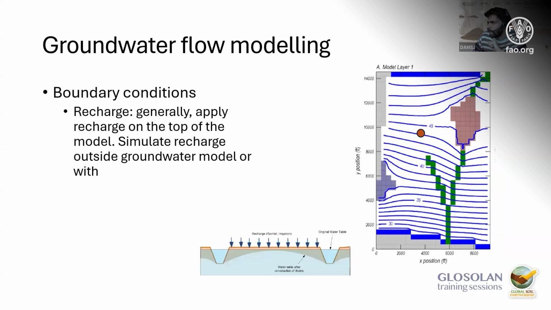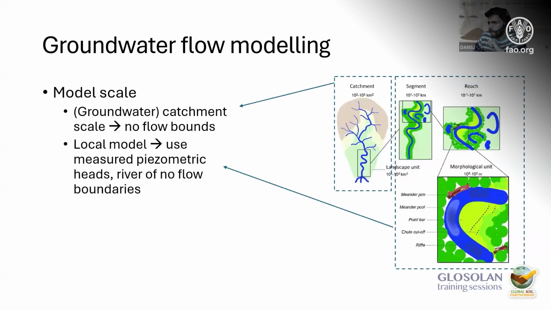I can skip this because I mostly explained it with the previous one. The model scale that you use can be very diverse. You could use the whole catchment as a model scale, where you take the catchment boundaries as the boundary conditions of your model. It's quite handy because then you can apply a no flow boundary and assume there is no groundwater crossing the catchment boundaries. But in most cases, especially for pollutant transport, you want to limit your model domain to